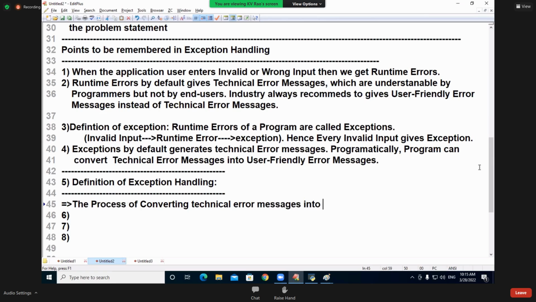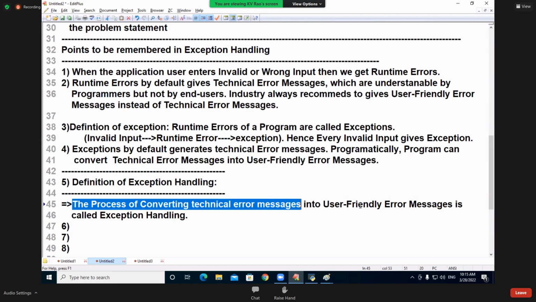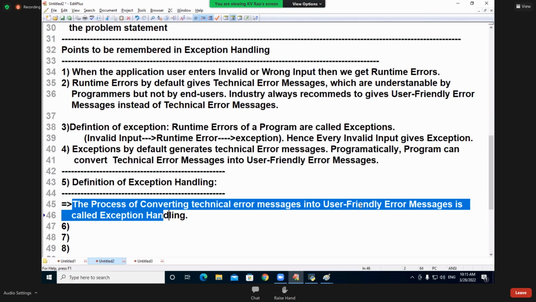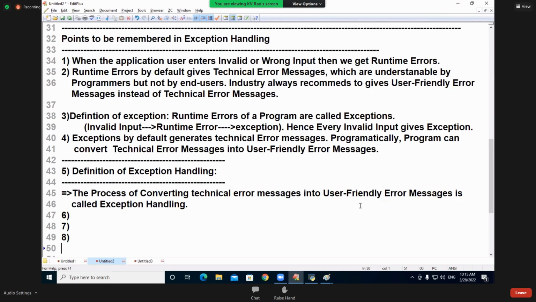Into user-friendly error messages is called what? Exception handling. I hope you are understanding this. The process of converting technical error messages into user-friendly error messages is called what? Exception handling. Up to here, are you okay?